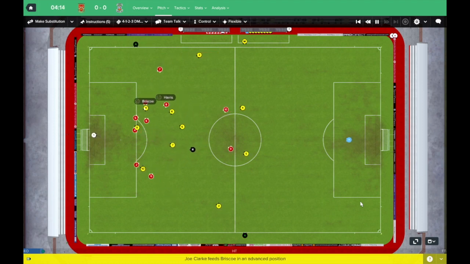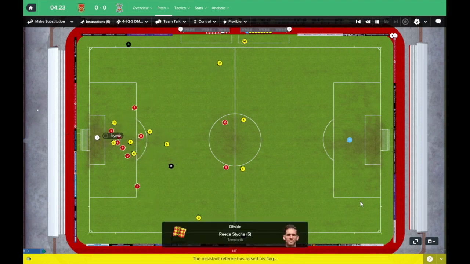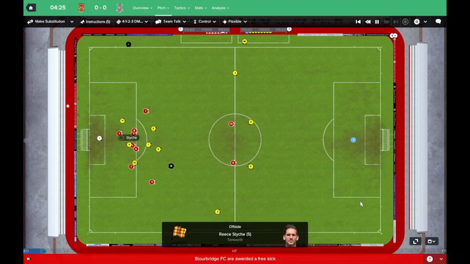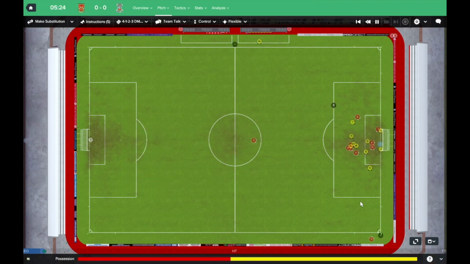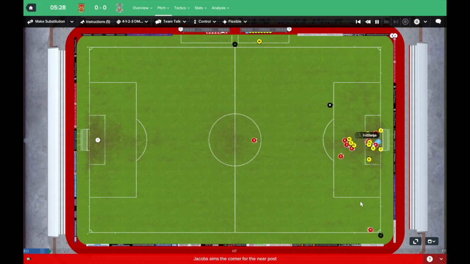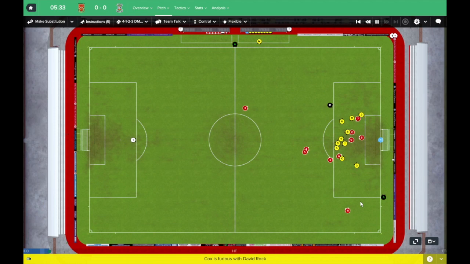Now Briscoe. He beats his man. Back to Green. Green to Dyer. And Dyer shoots, and it wasn't a bad effort. But it may have deflected off Stike because it's been given offside. But now they have a corner. It's swung in by Jacobs. It's almost gone in, but they've given a penalty for handball